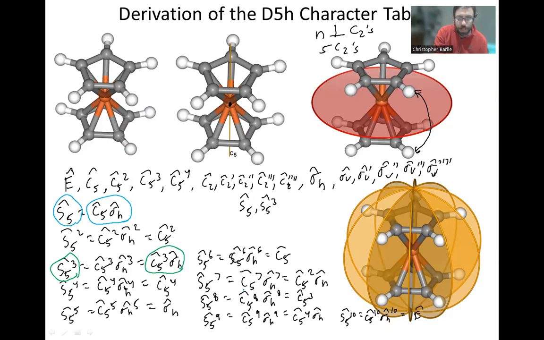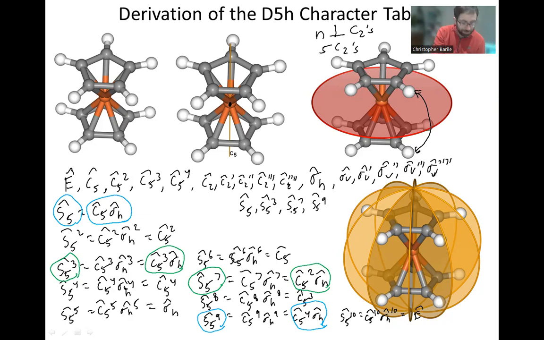And then we have S5 seven times was also unique because that was a C5 twice followed by sigma h. And then going back to blue here, we had an S5 nine times, which is equal to C5 four times followed by sigma h. So we have these four different types of improper rotations that are unique. I'm going to list them here. S5 three times, S5 seven times, and S5 nine times. And these are actually all the different symmetry operations that we have in this point group. We have 20 different